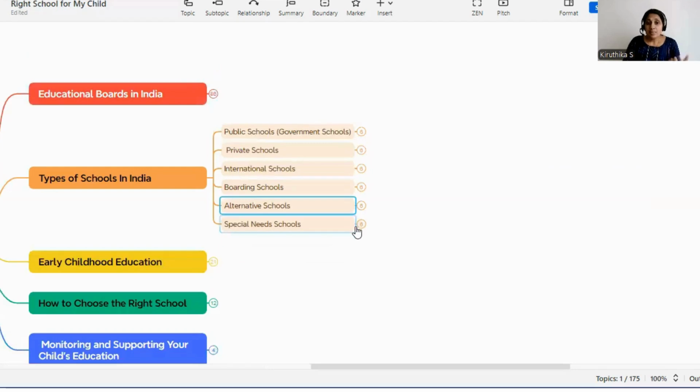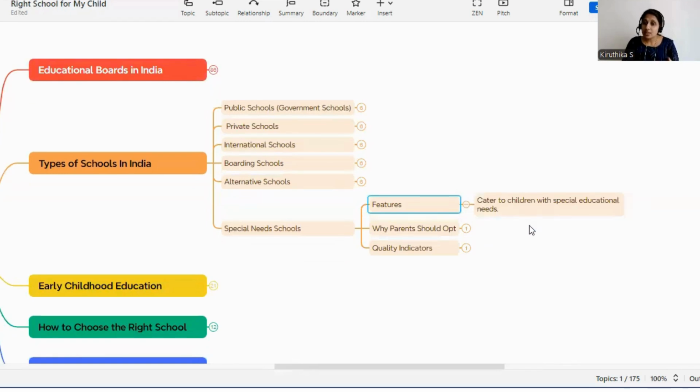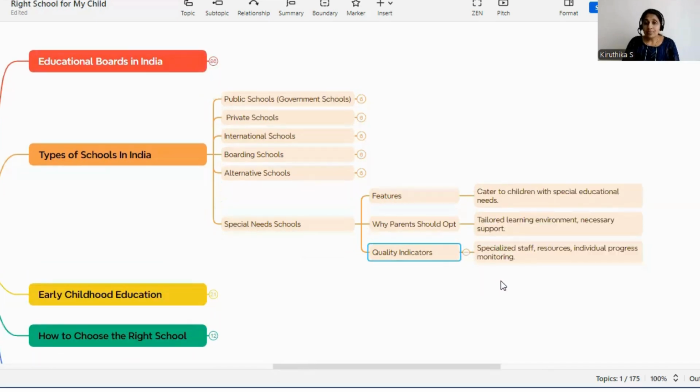And the next is the special needs schools, which mainly cater to children with special educational needs. Okay, and why should parents opt? Because it has a tailored learning environment and necessary support will be given to the children individually to take better care of their learning. And what are the quality indicators? You have to check for the specialized staff and